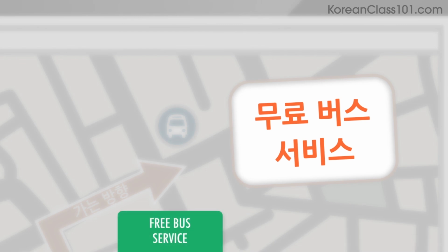The web page shows a free bus service. 무료 버스 서비스,